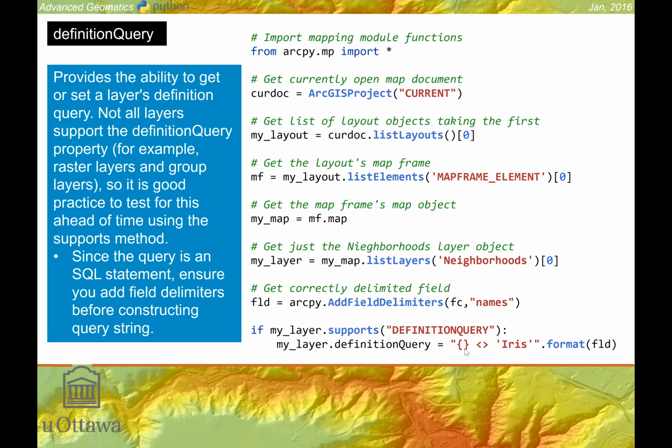So I say squiggly brace not equal to, for example, here, neighborhood called Iris. So just one of the neighborhoods. And then I have my dot format with the FLD from here, with the properly delimited field being put into the squiggly braces here. So again, everything up here is the same. So going back,